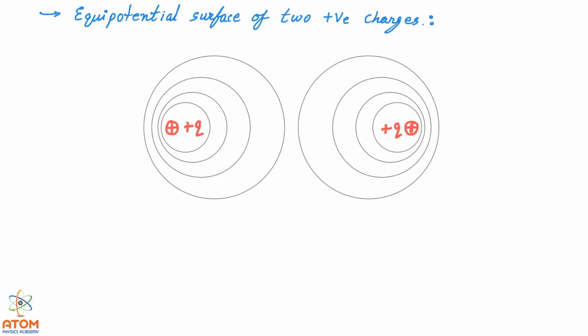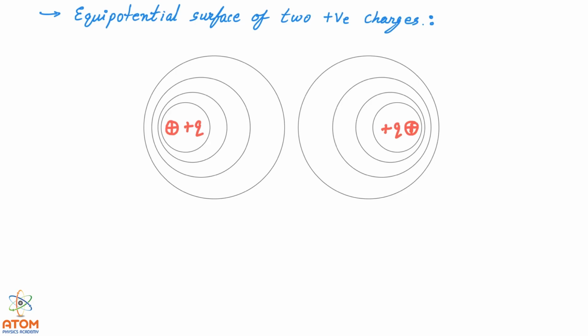I am just saying this so that you can remember it, that when there are two similar charges, they obviously repel each other, but the equipotential surface appears like they are attracting each other. The same will be happening if you take negative Q charge. If both the charges are negative, then the equipotential surface will be found like this only. Only the potential on the surface will be negative, that's all.